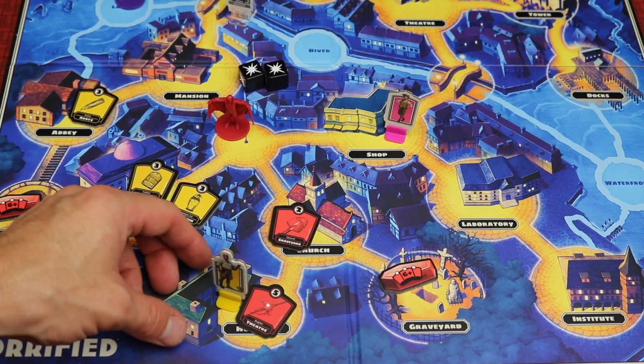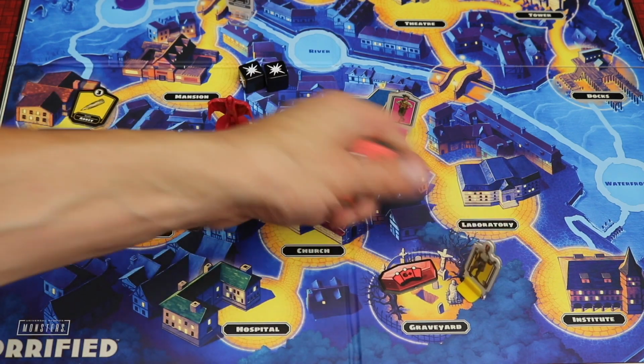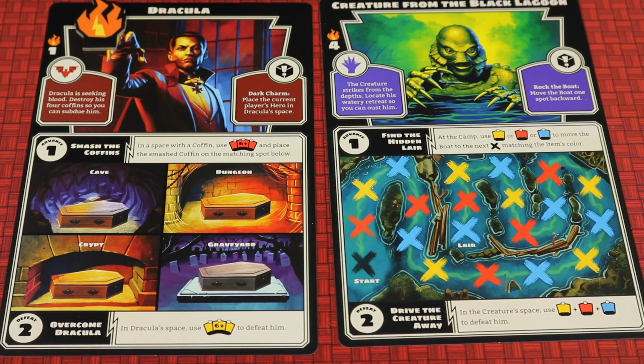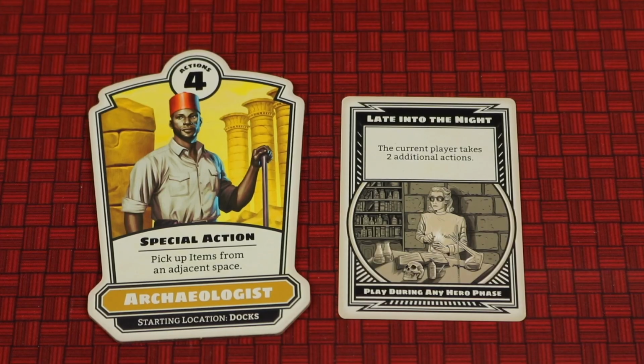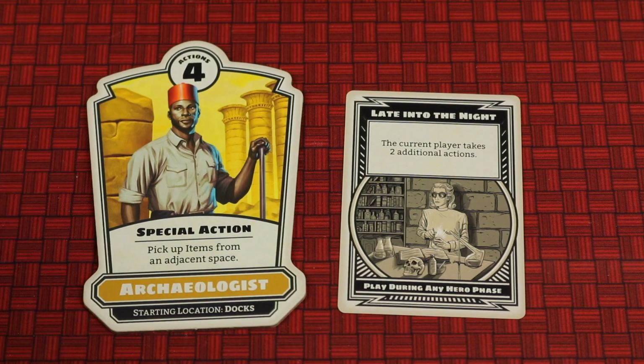And you'll be cooperatively working together trying to grab items, go to different locations, and possibly even go to the graveyard, for example, discarding a certain amount of items to be able to crush the coffins. And once you crush all 4, you can go where Dracula is and discard certain items to defeat him. And each hero has some abilities like grabbing items from adjacent space and using perk cards like giving you extra